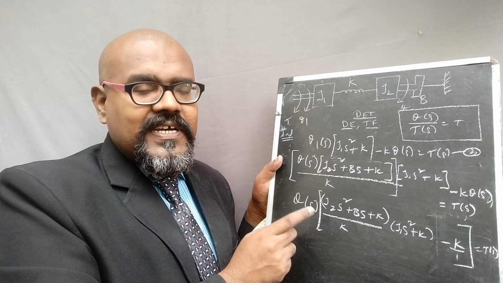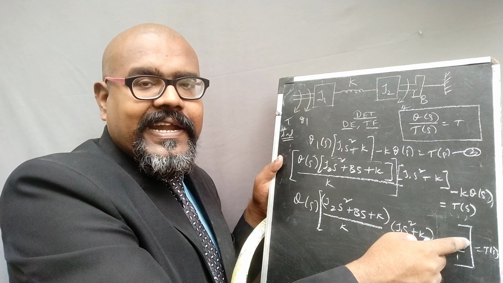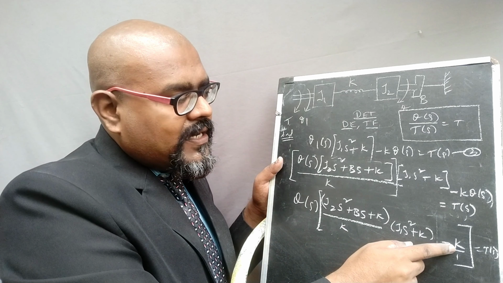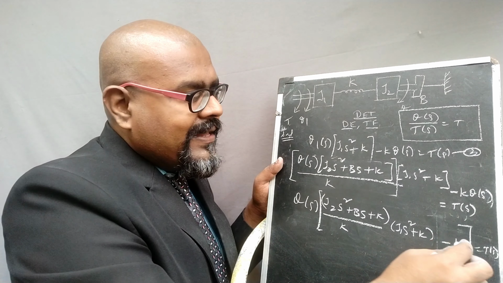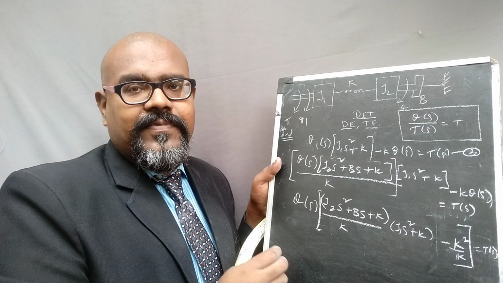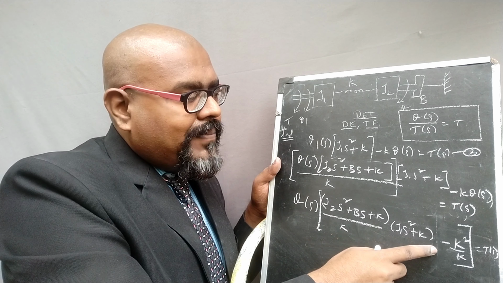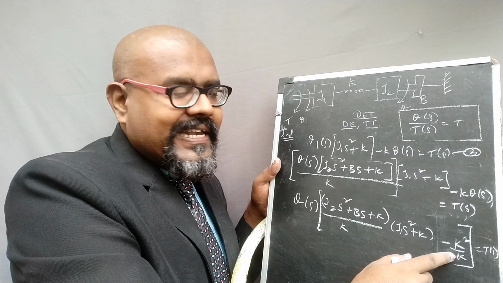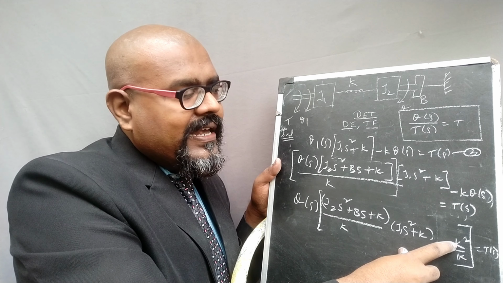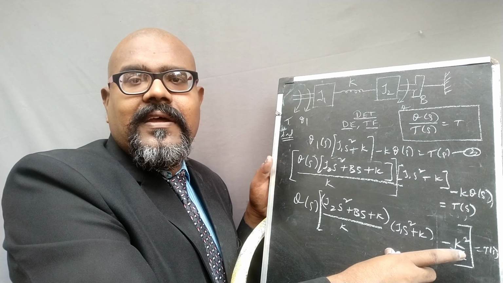For the simplification, what we need to do is multiply k in the second term, in the numerator and denominator. Once you multiply the k in the numerator and denominator, this particular k is converted into k square, and this particular term also has k. That is the condition we need to apply. Please remember, for our simplification, inside the bracket the second term is k, so multiply k in the numerator and the denominator. The numerator already has k, so it is converted to k square. Then this term, the denominator, has k.